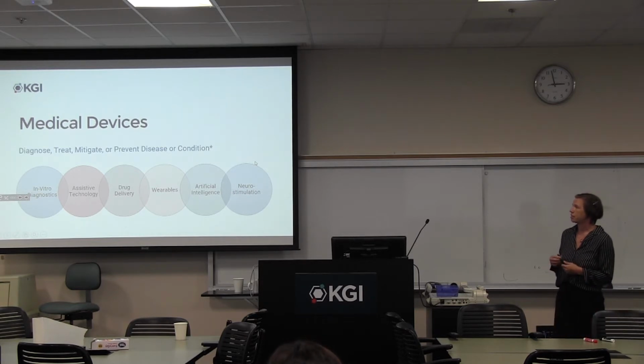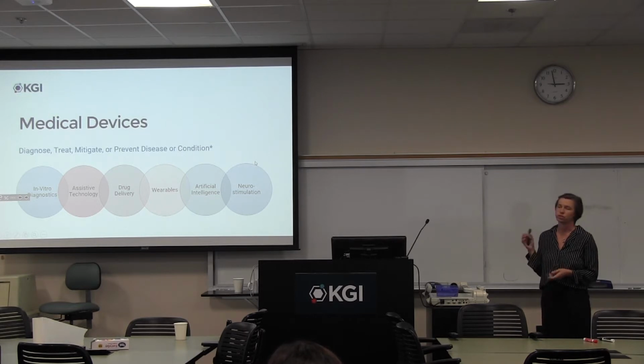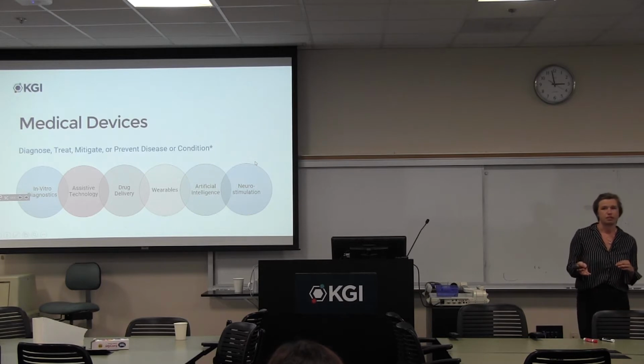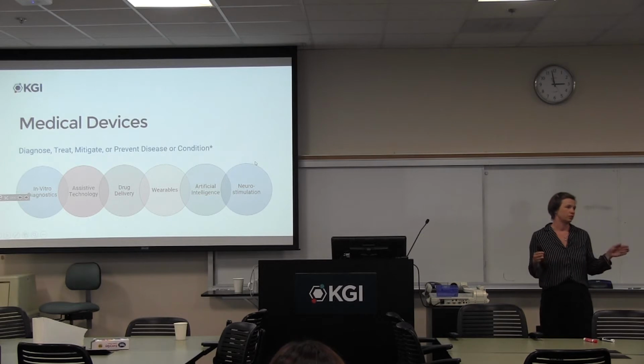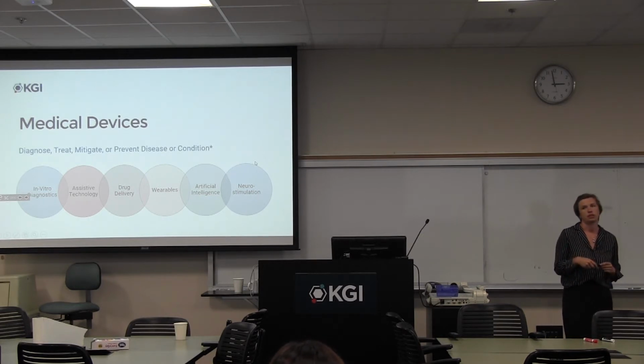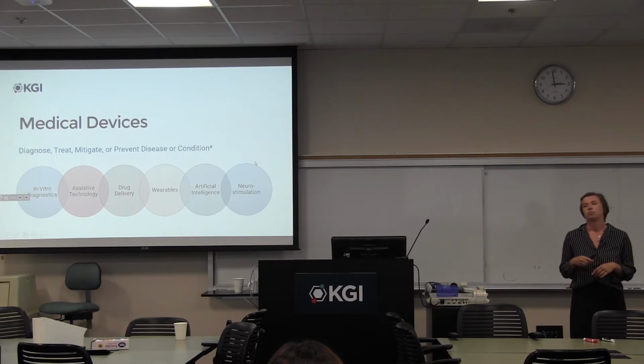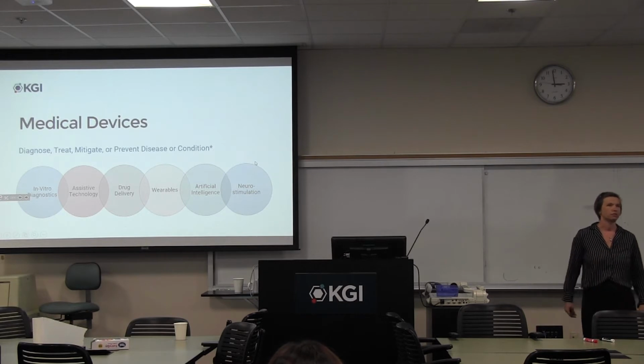Drug delivery devices, Kiana's worked on those. Wearables are an interesting intersection between commercial products and devices. So somewhere between your Fitbit to your wearable ECG monitor, there's a gray line where the FDA will step in. And so Apple's new watch with the ECG monitor, and it diagnoses arrhythmias. That one is a device. Before that, just heart rate isn't a device, because they weren't saying they were treating or diagnosing anything. They were just telling you. But if they had said they could diagnose a condition off of it, then they would have had to call it a device. What would a CPAP be?